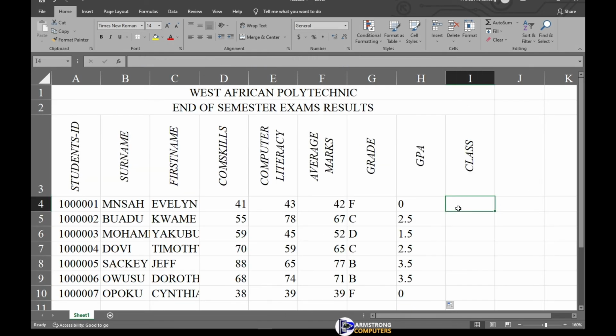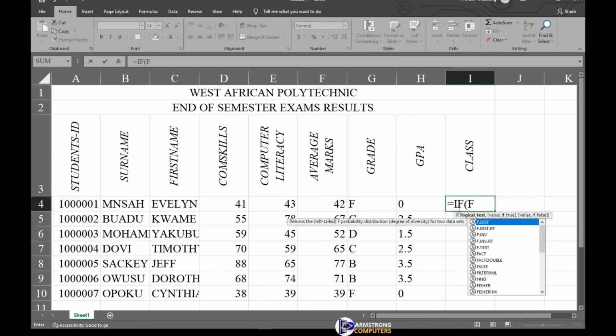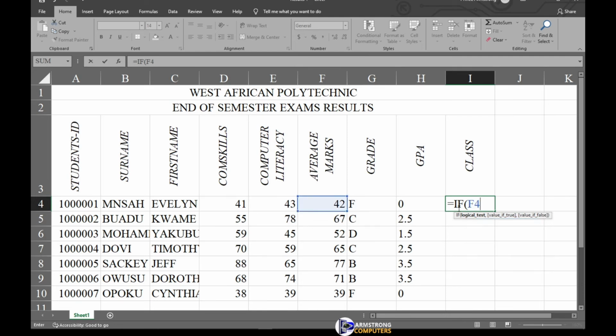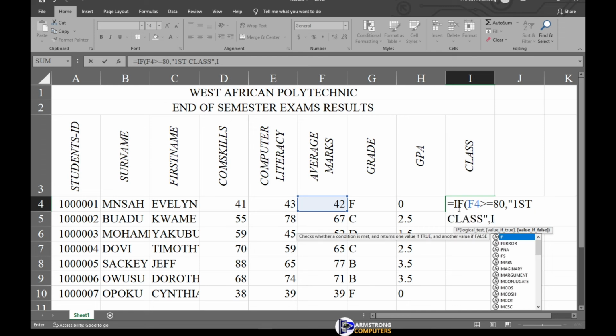So how do we run that? Very simple. Put a cursor here, go equal to, then we go to if, open the bracket, the same, the average, we are using the average mark to find the grade, the GPA, and the class. So if F4 is greater than or equal to 80, okay, comma, let the class be first class,